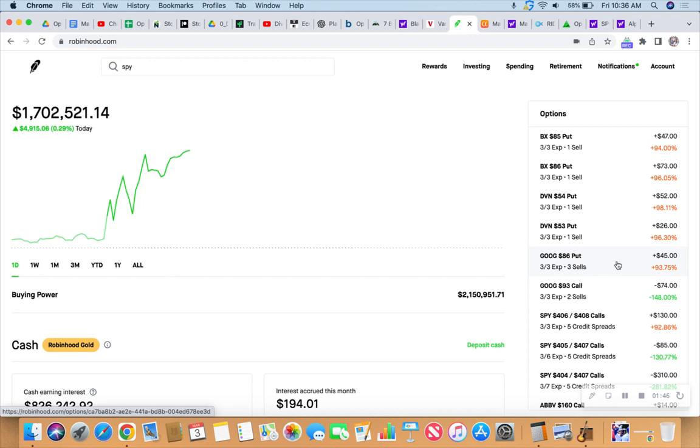And the Google put is at 93% profit, but that Google call is down 156%. And the reason is because Google is up today, and it's up above that $93 strike price. We have 200 shares up for grabs that in a normal wheel scenario, so if you're using the wheel strategy where you're selling puts until you are assigned shares and then turning around and selling calls on those shares until they are called away,